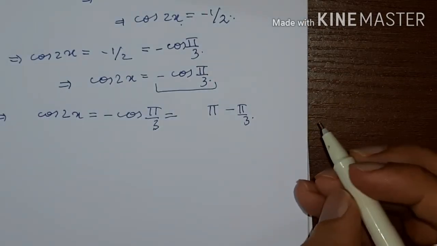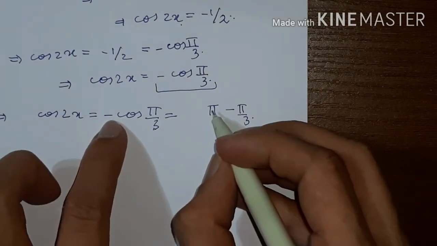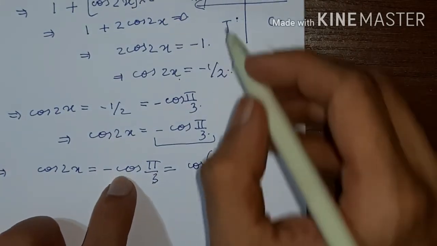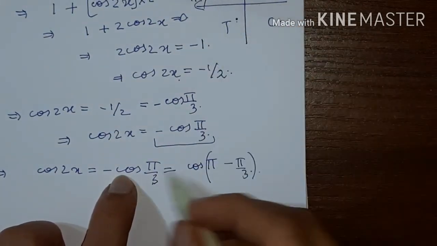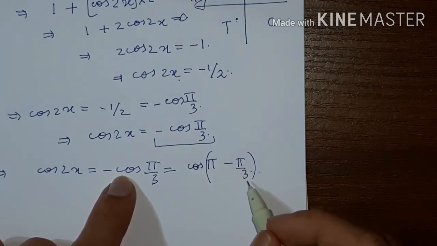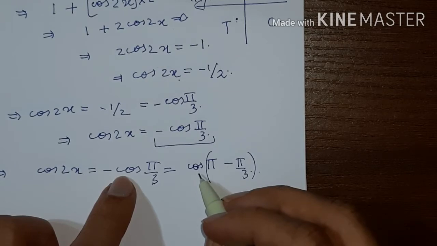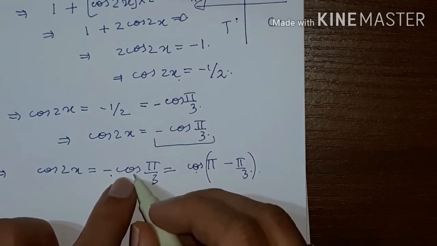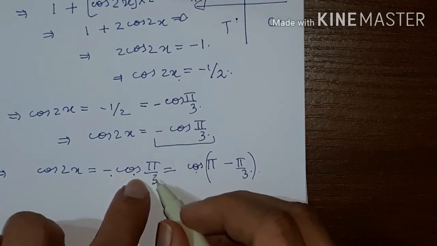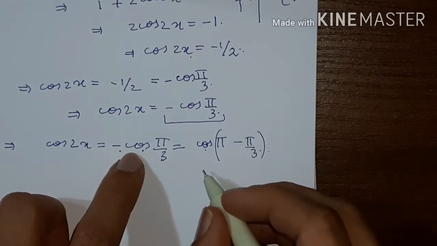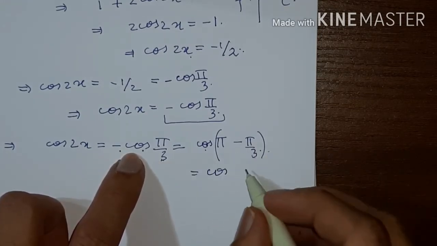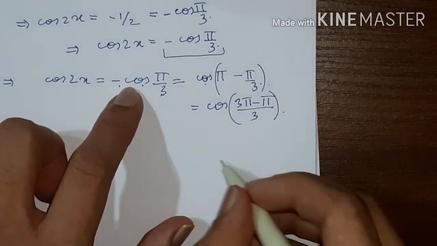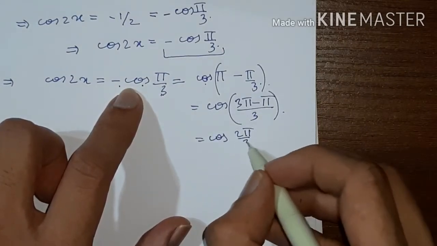Now you want cos only, so you will get cos if you take cos here, because when you go from pi to any quadrant the ratio remains the same. So cos of pi minus pi by 3 you're getting. Now if we check this, cos is negative in the second quadrant, so minus, and the ratio remains same, so cos, and this theta without the sign. So you're getting the correct answer. So this is correct. But this is what? Cos of 3 pi minus pi by 3, okay, which is equal to cos of 2 pi by 3.